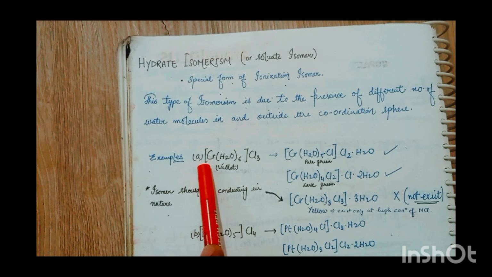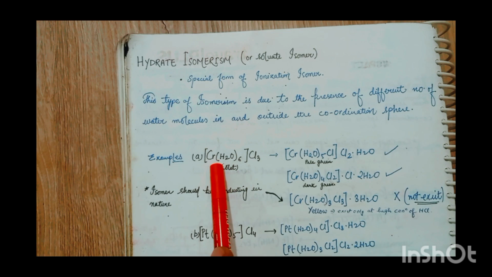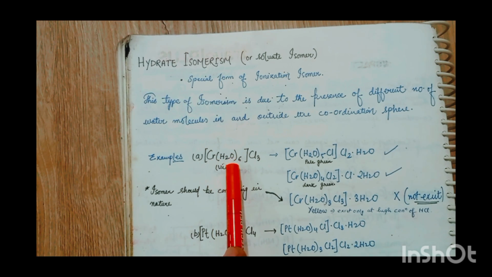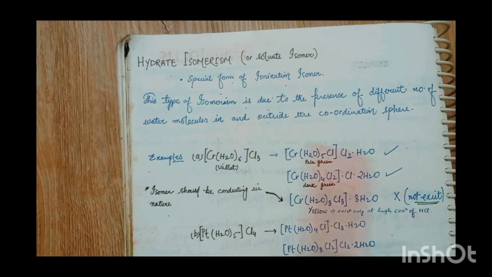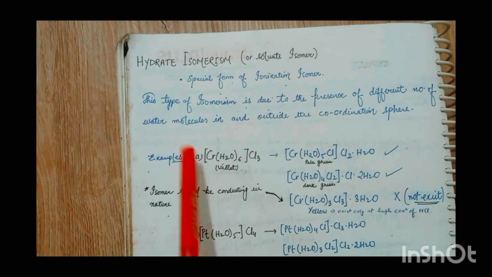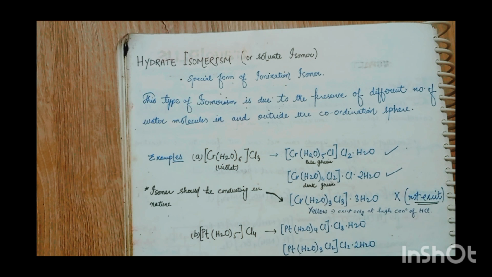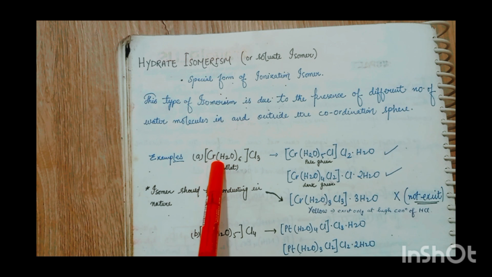Take the example. [Cr(H2O)6]Cl3, which is violet in color. Here how many water molecule are there? 6 water molecule. All are present inside the coordination sphere. After that, I start to play with water. I remove one water molecule outside. As a result, I have to make one chlorine atom inside to make the coordination number constant,